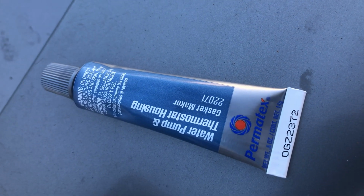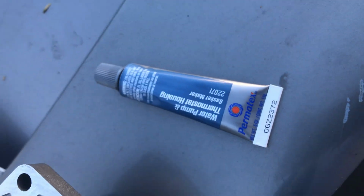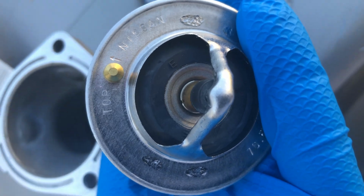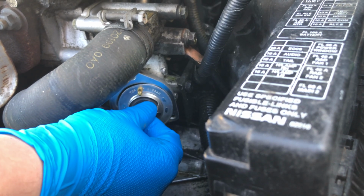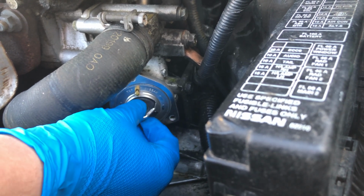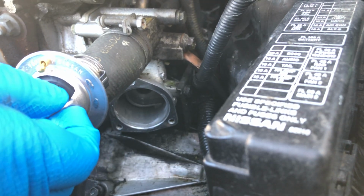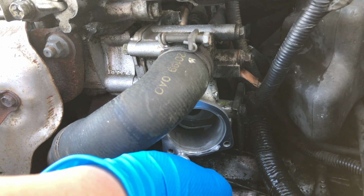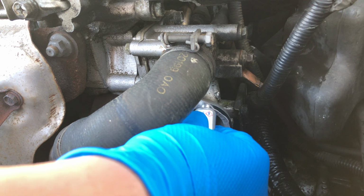This is the RTV compound. It's for water pumps and thermostat housing. New thermostat. So we're gonna do a fitment test. All right, looks pretty good. And now it's gonna be time for RTV. I need to squeeze some like this. Now, basically with the RTV,